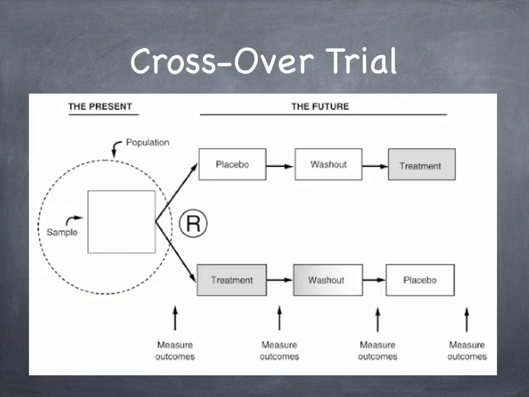So what is a crossover trial? That is where a subject receives the intervention, outcomes are then measured, and then the subject receives the placebo after an appropriate washout period and outcomes are again measured at a later time. This can also be done in the reverse order. This way the subject serves as his own control and matching between control and intervention arms is nearly perfect.